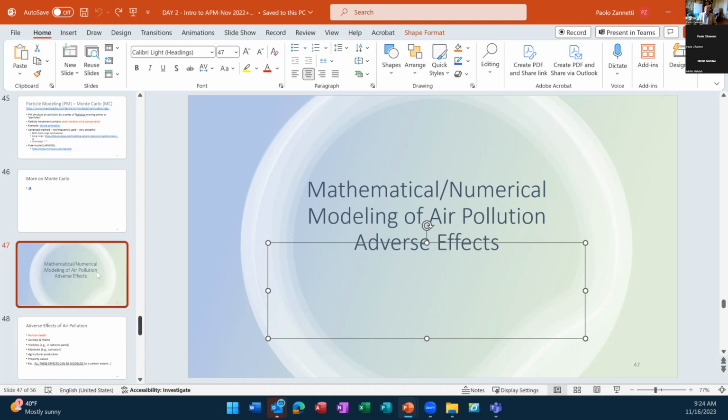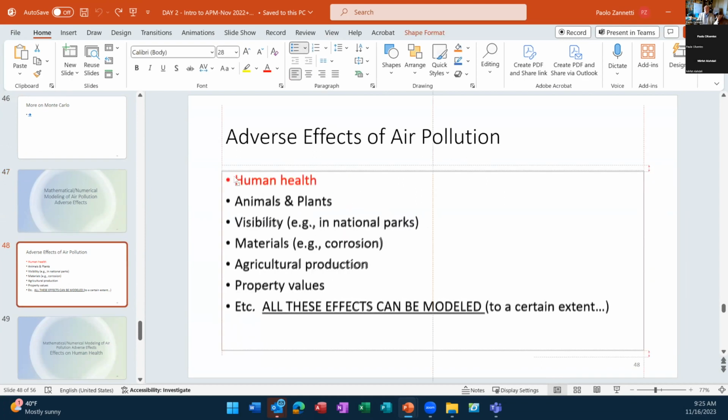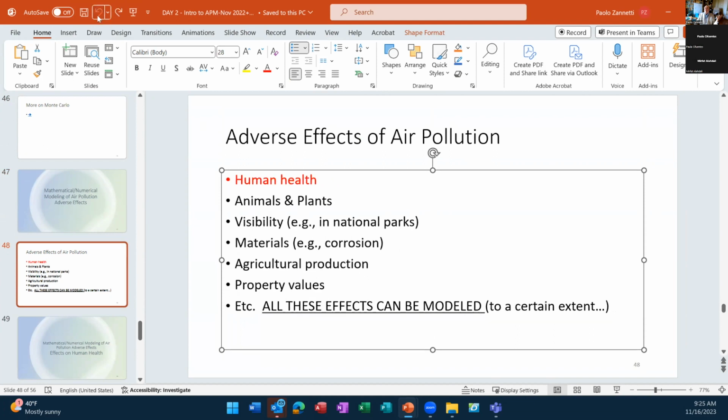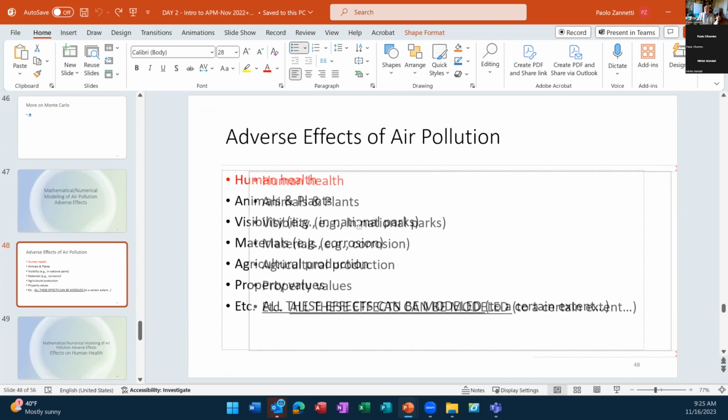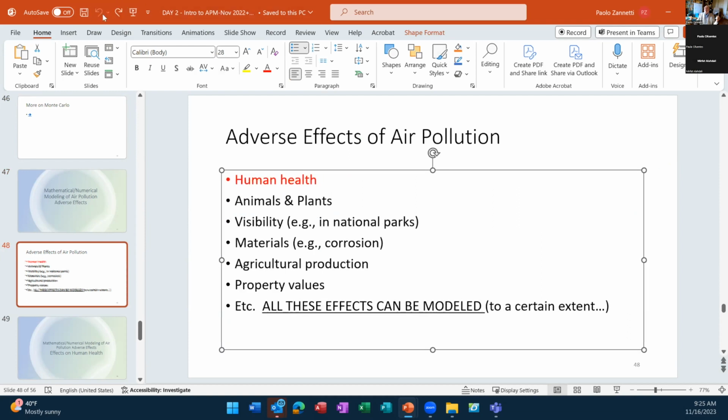So many times my client asks me not just to simulate air pollution, but to simulate the effects. And the adverse effects of air pollution are many. Of course, human health is the most important. Damage to animals and plants, damage to visibility. For example, in national parks, what's happening here? In national parks,